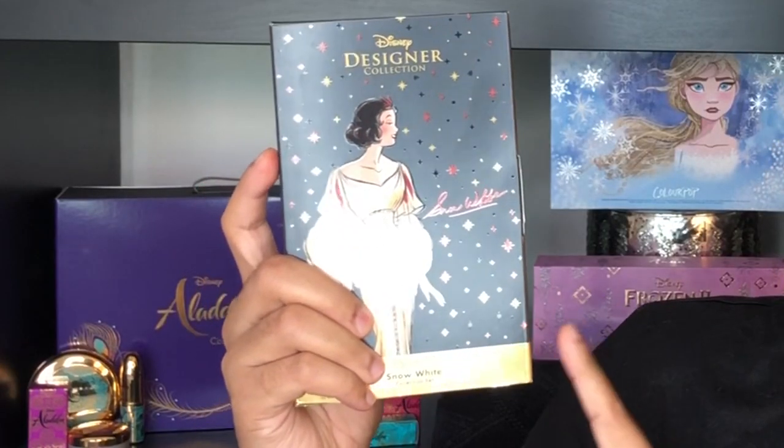But to my advantage, I was very excited that when they restocked, they decided to create this beautiful Princess Beauty box. Now these had no extra value like the PR box. These actually were just the price of the 3 components that are inside. So each princess is designated one of Colourpop's signature pieces: a Lux Lipstick, an Ultra Glossy Lip, and a Super Shock Shadow. So without further ado, let's just get into each and every single box and swatch all of these